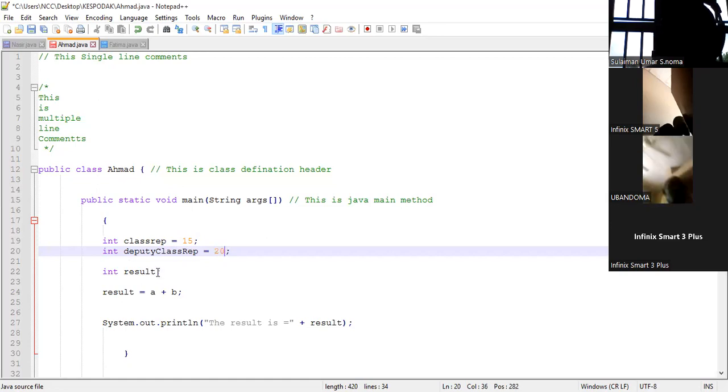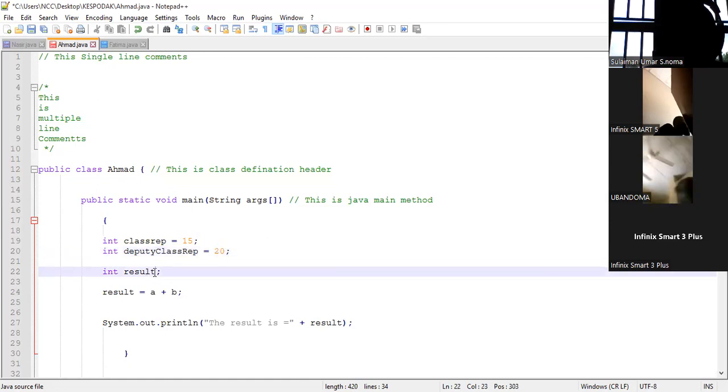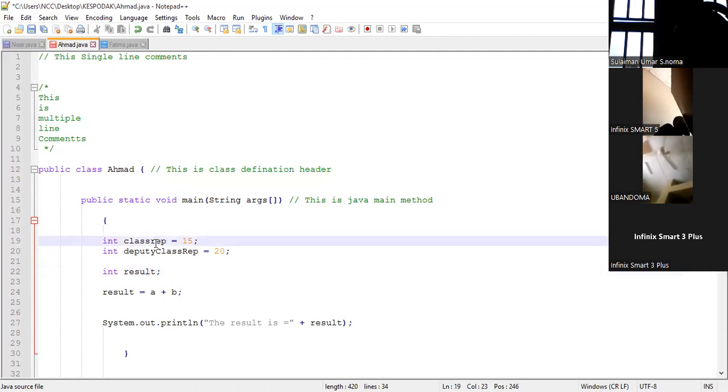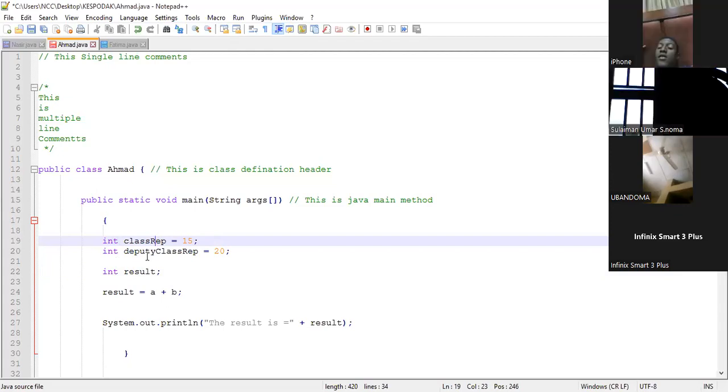Are you with me? Then this integer here, we are saying we want to save this name class rep, to be the class rep. It is a variable of data type integer, and initialized to value 15. While the deputy class rep,